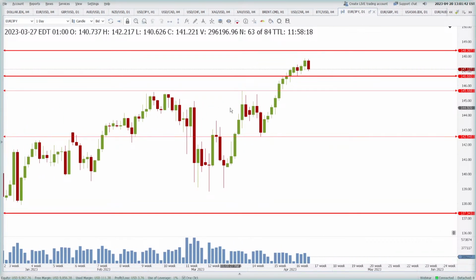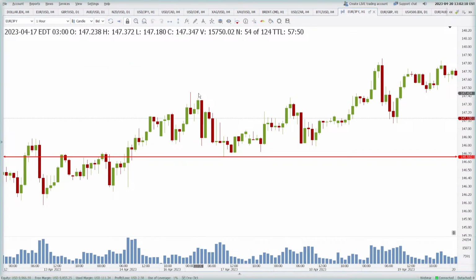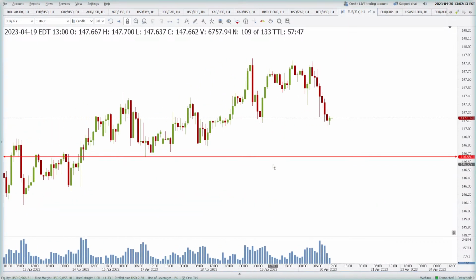Euro against yen. Euro is also not looking very good against yen here, but 146.66 is the immediate support. Later on 145.66 is also the next support. On the high side we have resistance at 148.39. Nothing big development, but these are the levels you have to keep an eye on. If you want to buy this market, buy very close to 146.66 if it finds any support here. You can switch to 1 hour and expect some bullish pin bar or bullish engulfing on the 1 hour, then only you open the buy.